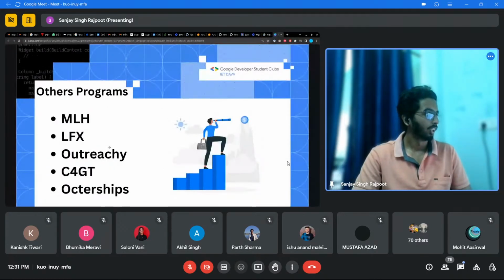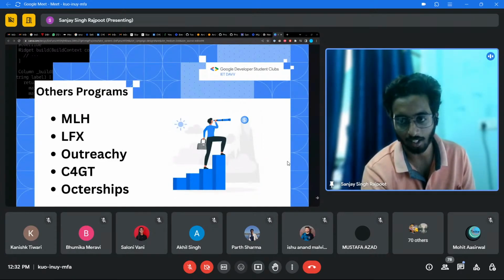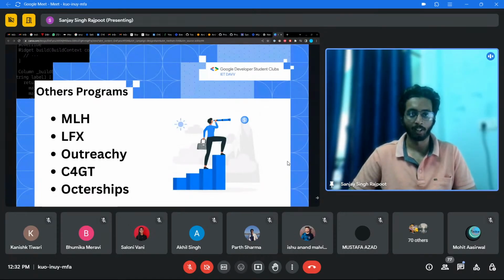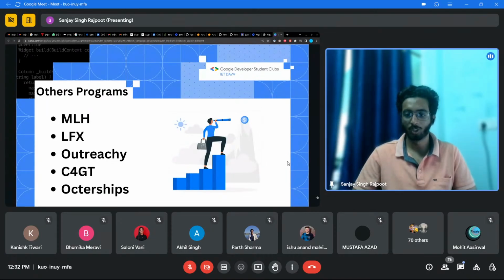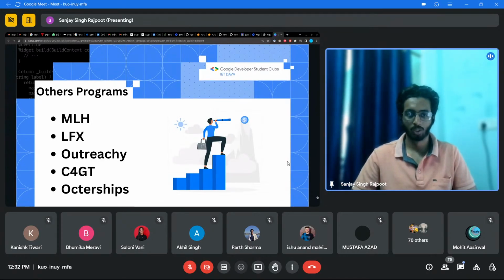It is LFX mentorship. So LFX mentorship is another open source program, so it's by Linux Foundation. Linux Foundation का प्रोग्राम है, और इसमें करीब $3000 का स्टाइपेंड रहता है। तो जितना गूगल समर ऑफ कोड में मिलता है उतना ही LFX में मिलता है आपको $3000 का। और LFX में अगर आप अप्लाई कर रहे हो तो आप साल में करीब 3 बार अप्लाई कर सकते हो, है ना। गूगल समर ऑफ कोड में 1 बार होता है, LFX में 3 बार होता है।